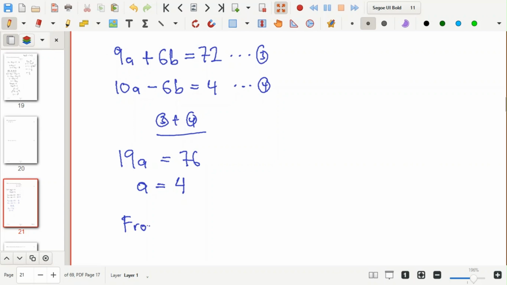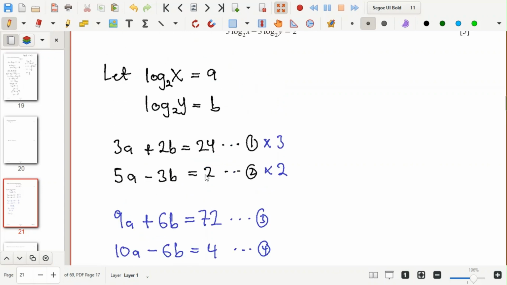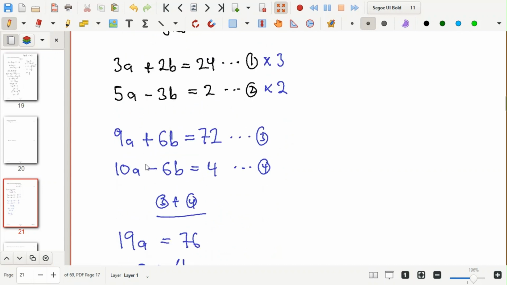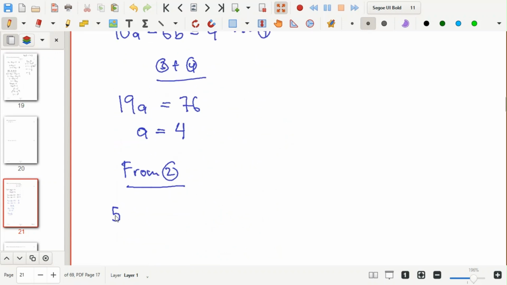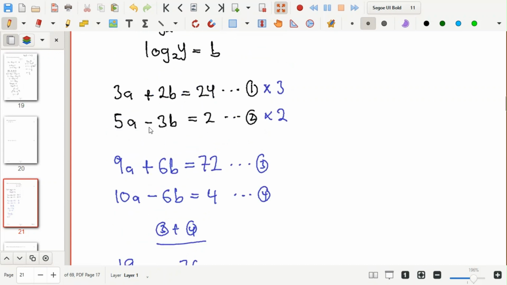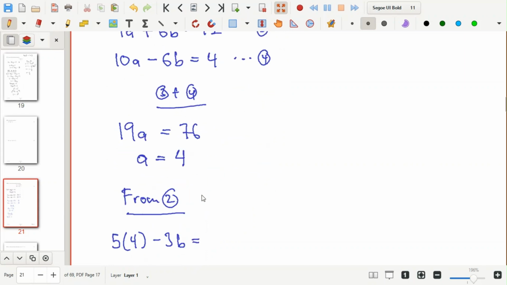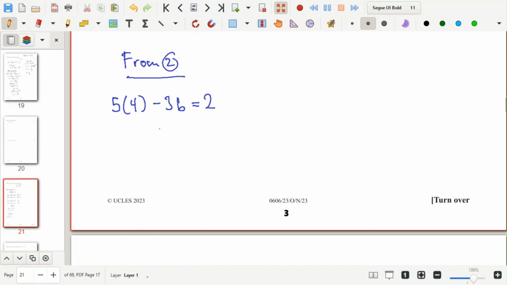From equation, let me count for equation 2. It looks like equation 2 has smaller values. 5a is 4, minus 3b is equal to 2. Okay,